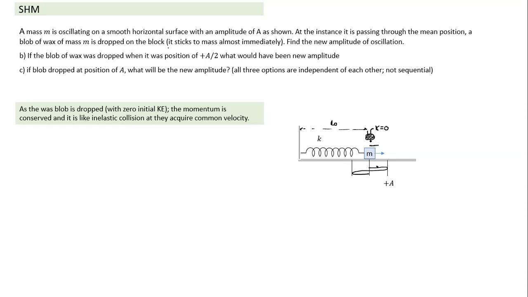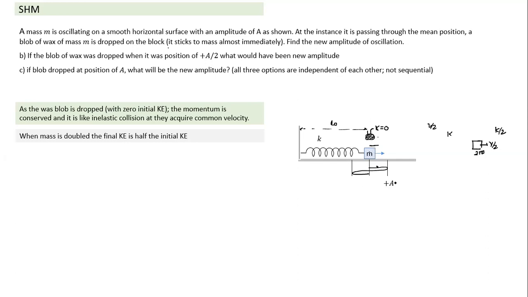Just before it is dropped, only mass m was moving with velocity v. And whenever an equal mass is dropped, velocity becomes half. I will not prove that again. But if the block had a kinetic energy K, when the mass becomes 2m and velocity becomes half, kinetic energy also becomes half. In an inelastic collision, if mass becomes triple, it becomes 1/3 and so on. Everybody can easily arrive at that. So when mass is double, the final kinetic energy becomes half of the initial kinetic energy. That's how I should interpret it.